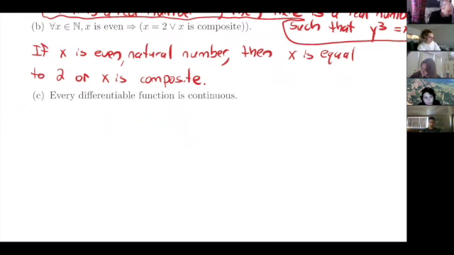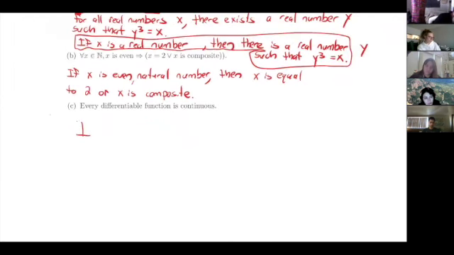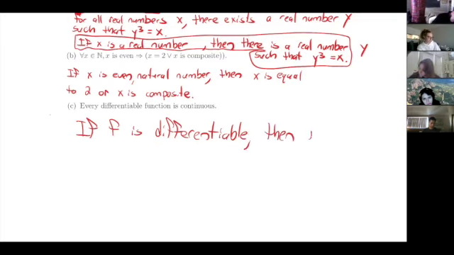If the function is differentiable, then the function is also continuous. Or you can say, if function f is differentiable, then function f is also continuous. Yep. And yeah, thank you, that maybe is a good qualifier here